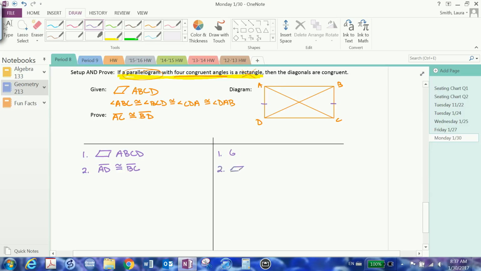All right, now my plan for this is I'm going to do these from the parallelogram. So I'm going to say AD is congruent to BC because in a parallelogram, the opposite sides are congruent. And I think that's all I need from the parallelogram, because I'm going to go for my reflexive, and I'm